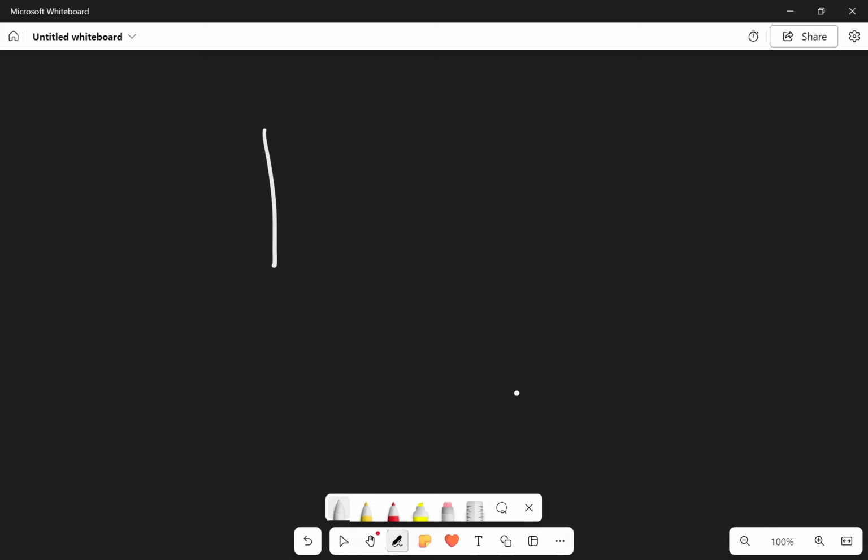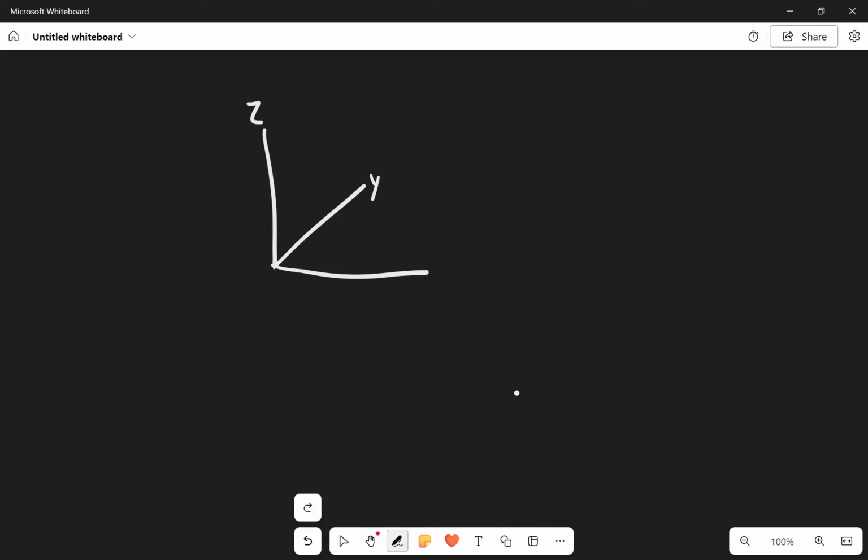Let's imagine you have a three-dimensional space. I think I should draw it like this. Imagine this is three-dimensional. This is the z-axis, this is the y-axis, and this is the x-axis. And first, you might remember